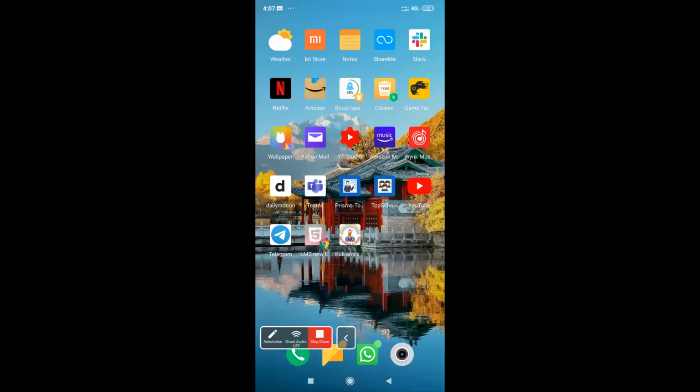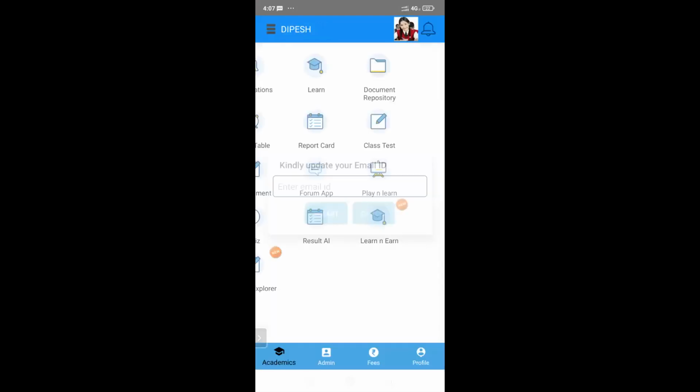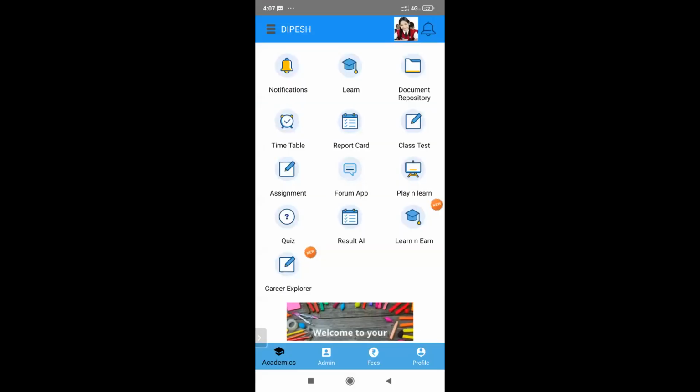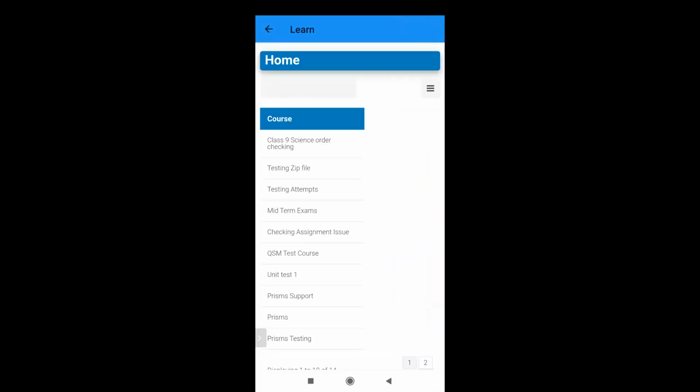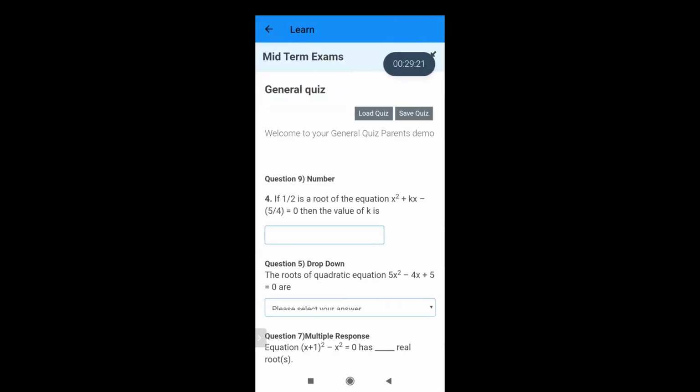So we also have a feature called QSM, with which you can create both subjective and objective questions. For QSM, you have to keep in mind that if you're using subjective type questions, the evaluation is manual. But if you want subjective and objective together, that's the best option. I'll open one to show you how it looks.